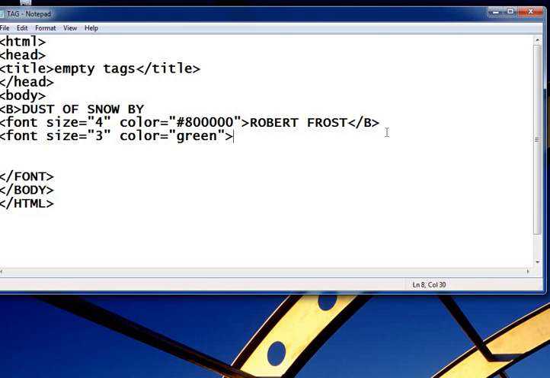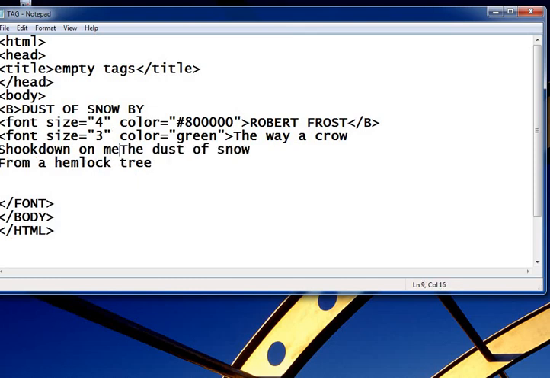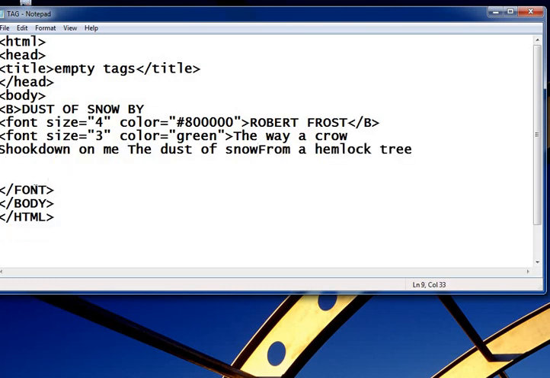Then in this I add the first 4 lines of the poem, not maintaining the lines, I just add it. And then I close the font tag.